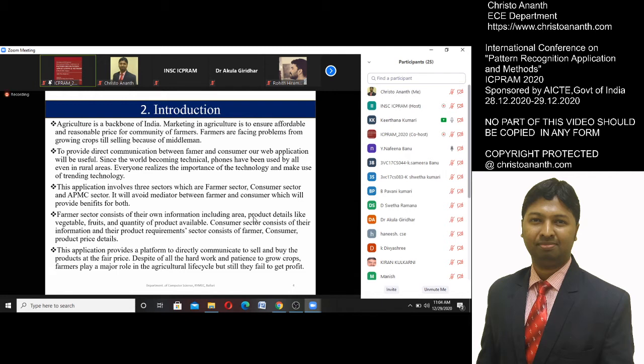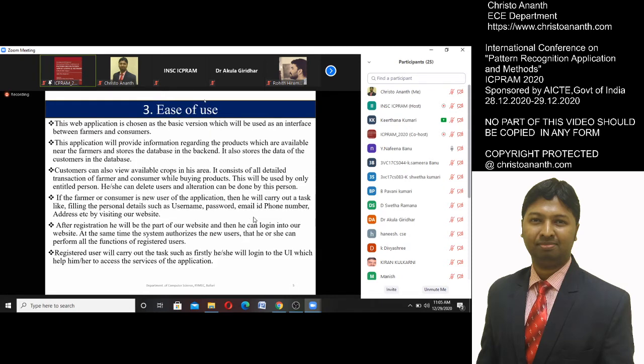As we know, agriculture is the backbone of India. The farmer is the only man in our economy who buys everything at retail, sells everything at wholesale, and pays the burden both ways. Agriculture marketing ensures a reasonable price for farmers.